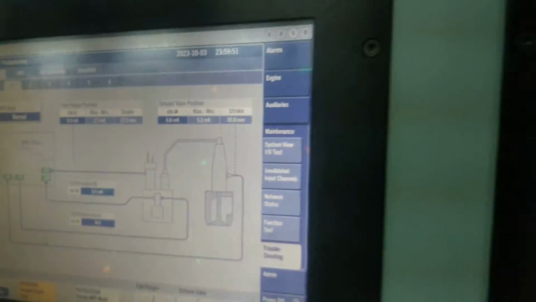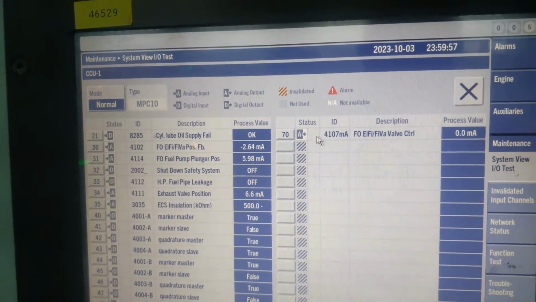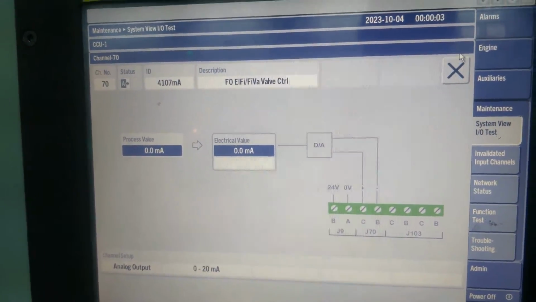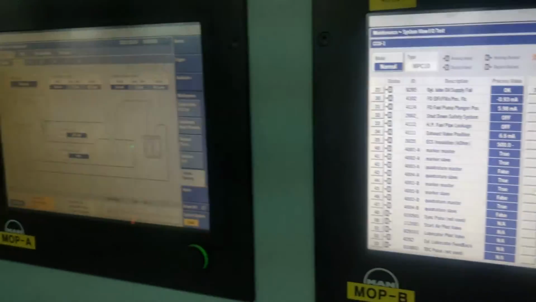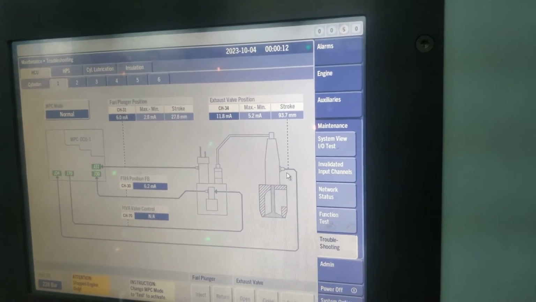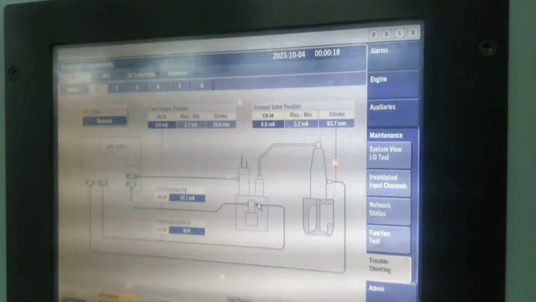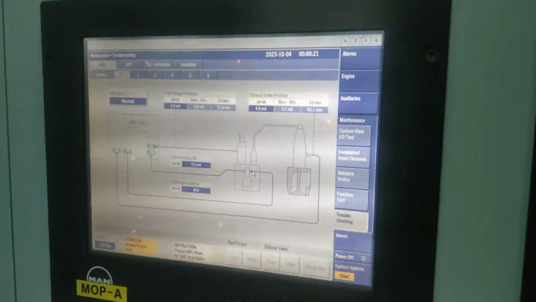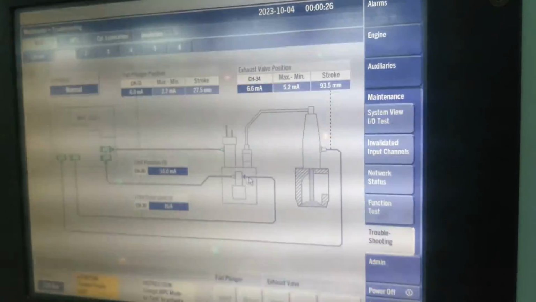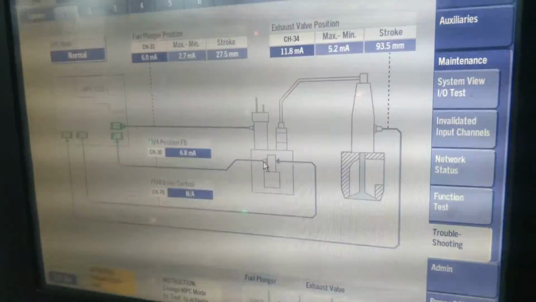If you see in this channel J70, this is the output, analog output. You can see it in milliamps. If you click this, you can see 0 to 20 milliamps is the analog output from this port. So this is basically the kind of signal transmission that is happening, which actuates the FIVA valve through the proportional valve by energizing the solenoid, which in turn activates the proportional valve, which in turn actuates the FIVA valve. Okay, so